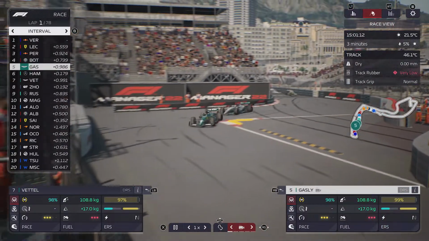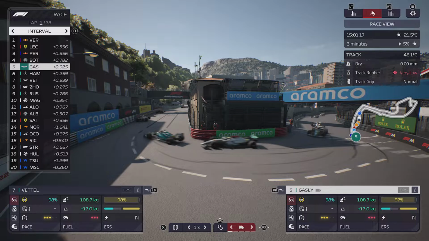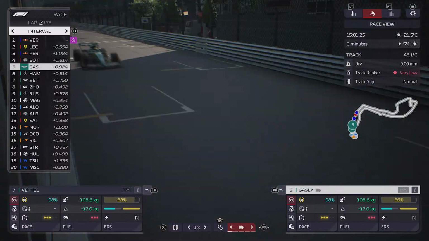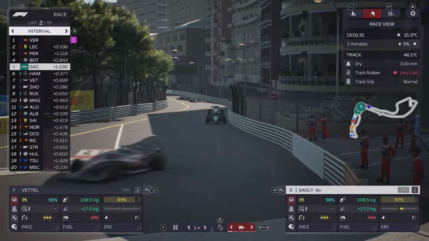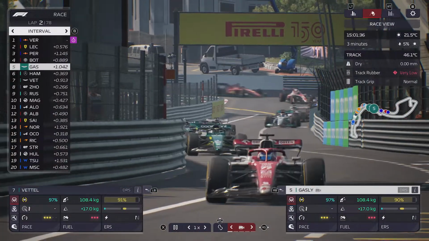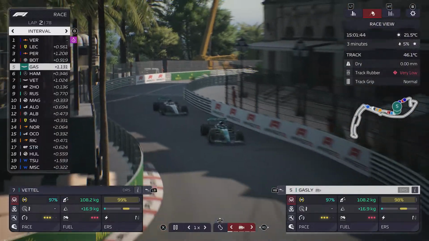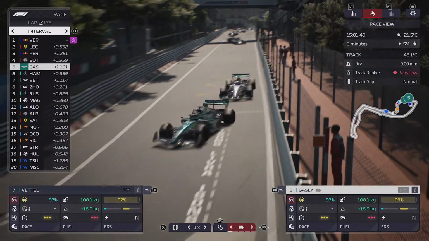Understandable. The Mercedes is still technically a better car than us, and we're on the slower tyre. Unfortunately, Bottas is slowly getting away from us as well already. So that's not ideal in this opening stage of the race. I kind of need Gasly to try and stick with the Alfa Romeo, but they're going to be pushing for the fuel all day. So I probably put a little bit too much fuel in, if I'm being 100% honest, but it is